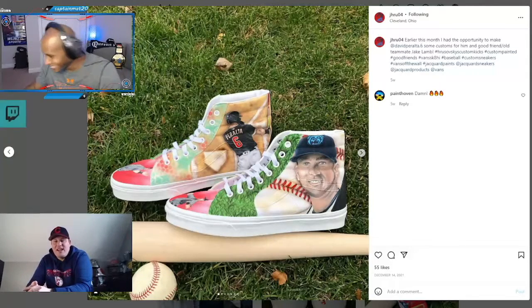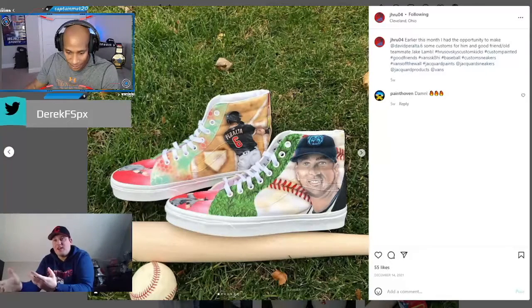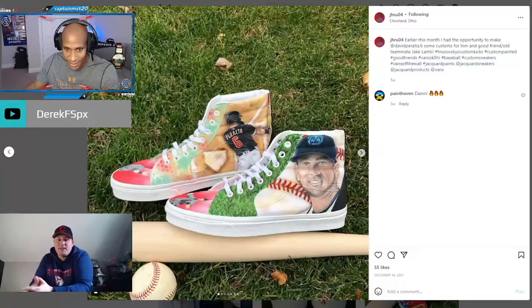I'm gonna have to send you a picture of David and Jake. I think he gave it to him like the day before the wedding, and there's him actually giving it to him. There's that picture, and then there's also David at the wedding wearing his pair. I'll have to send those to you. Yeah, those are really cool. It's cool to see that because